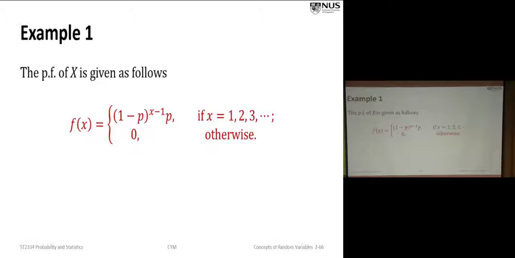If you're not familiar with the probability function given here, you should ask yourself, is this a well-defined probability function? Which means that you have to check two things. Whether f of x is bigger than or equal to 0 for all x values. And what's the second condition we have to check?